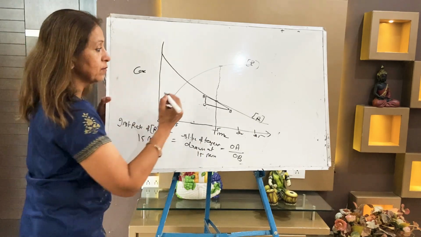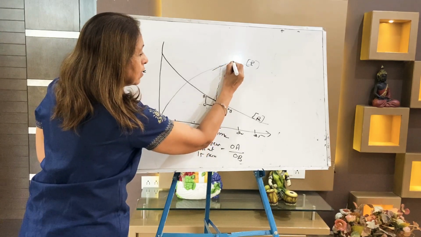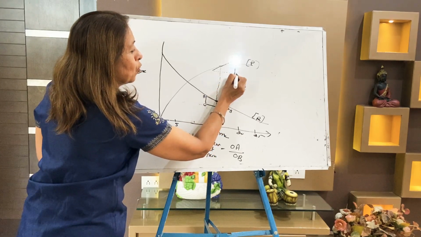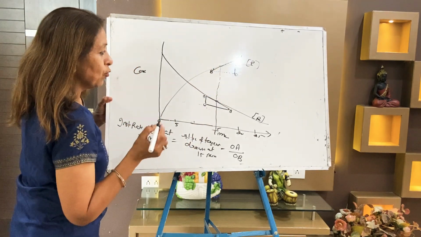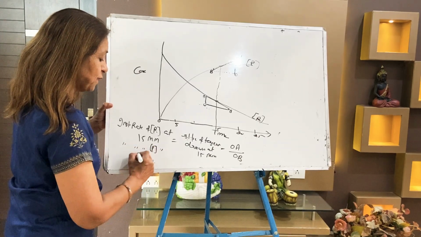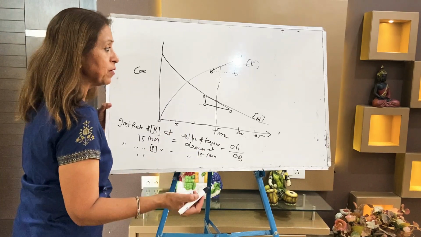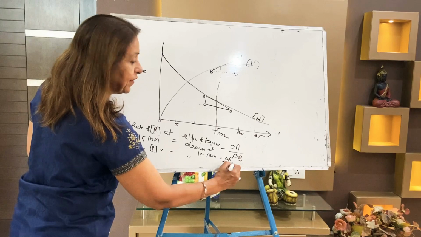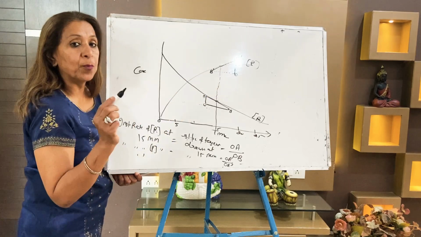Now coming to the product side, same way. Make a dotted line, that is your line. This is the way. Now this is your O, make A dash and B dash. Now what is the instantaneous rate of product at 15 minutes? It is again the slope of the tangent drawn at 15 minutes. Now it will come equal to OA dash by OB dash. It is OA by OB and it is OA dash by OB dash.